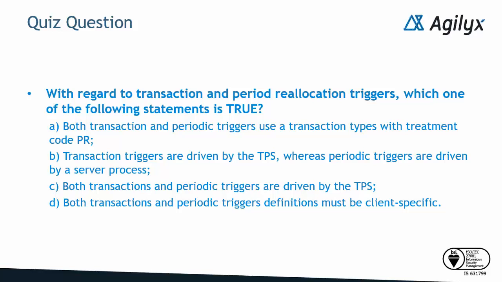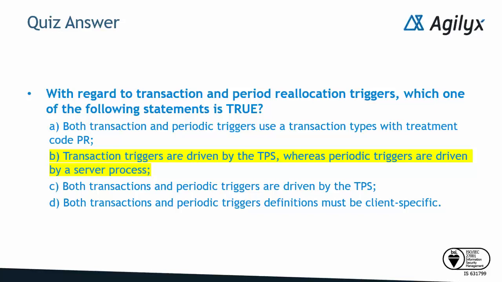Just take a couple of seconds to read that. A: Both transaction and periodic triggers use transaction types with treatment code PR. Don't think so, because that's periodic triggers only. B: The transaction triggers are driven by the TPS, whereas periodic triggers are driven by a server process. C: Both transactions and periodic triggers are driven by the TPS. D: Both transactions and periodic triggers definition must be client specific. The answer is